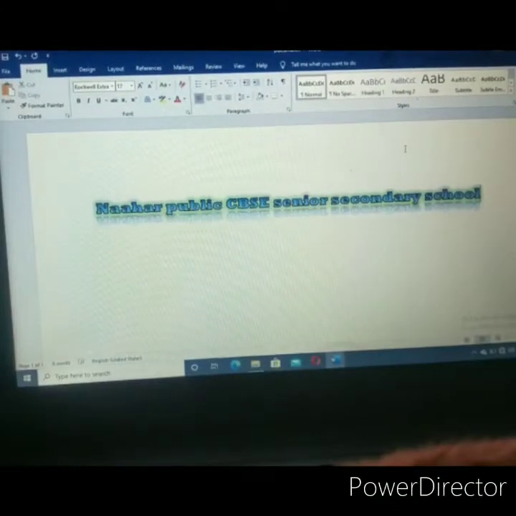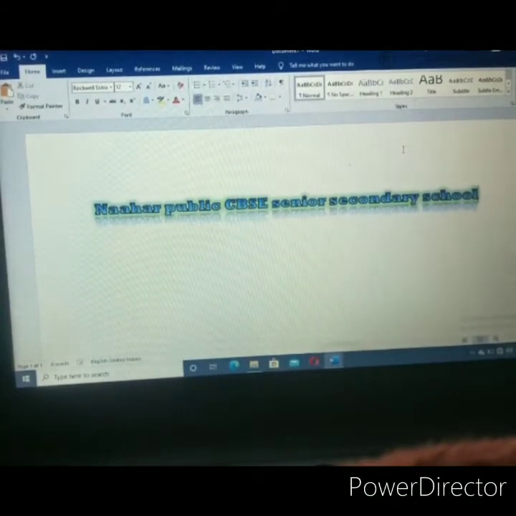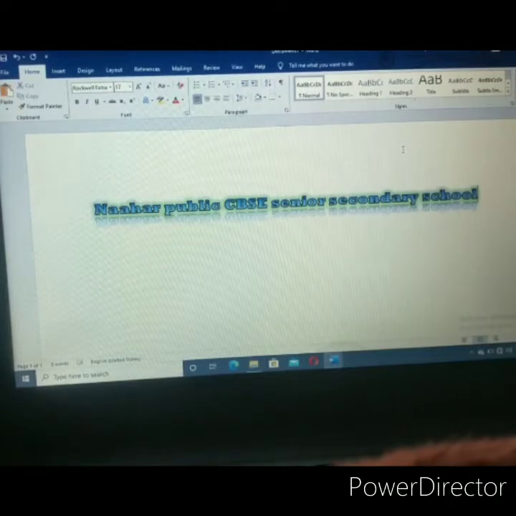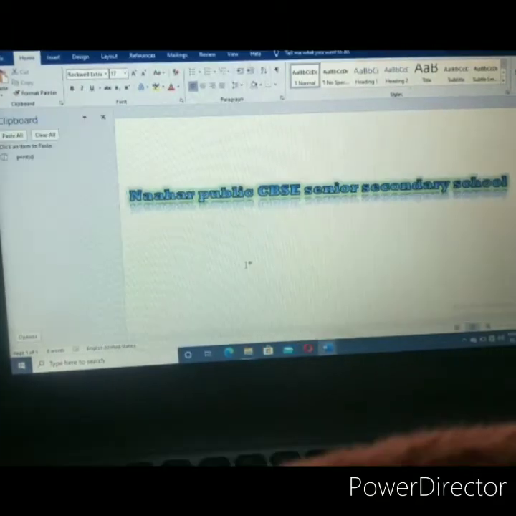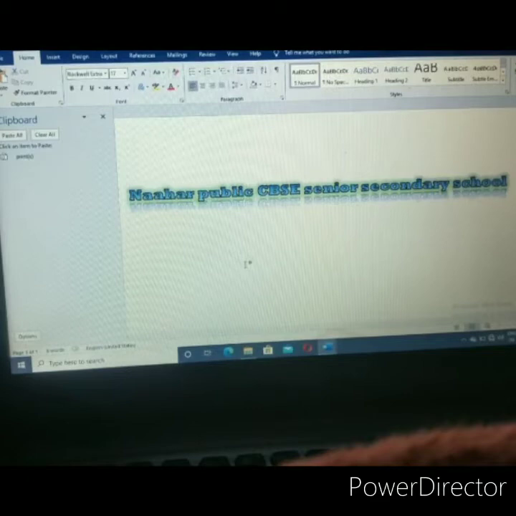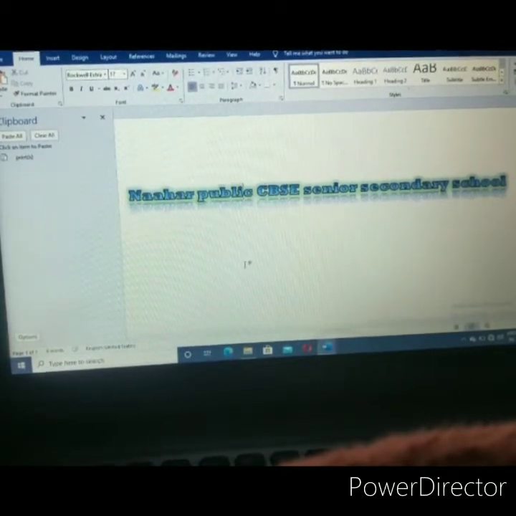Okay, children, what is formatting text using the font dialog box? This is the tool, and in this tool we can do a lot of formatting to create various types of effects in the text. So, paragraph formatting. In this topic you will learn how to create an effective paragraph and also add some features to the paragraph. Let's see how to add some features.